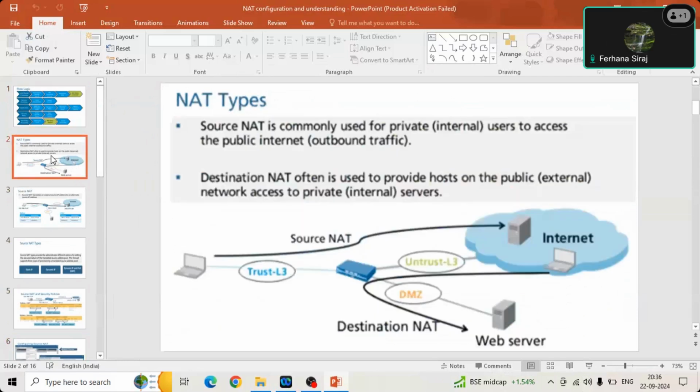So NAT, you know, right? NAT is something which we need in order to communicate from our LAN network to the internet or public network. If we do not have NATing, we cannot communicate to the internet. NATing is network address translation. So it is actually translating the address which needs to communicate with the internet.